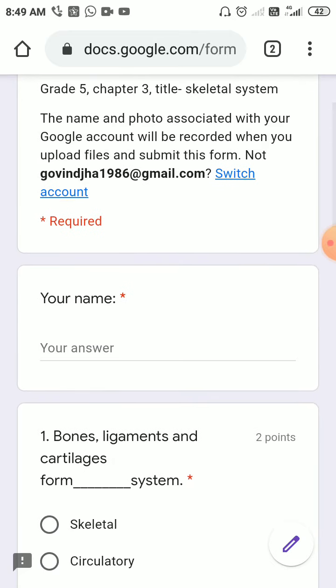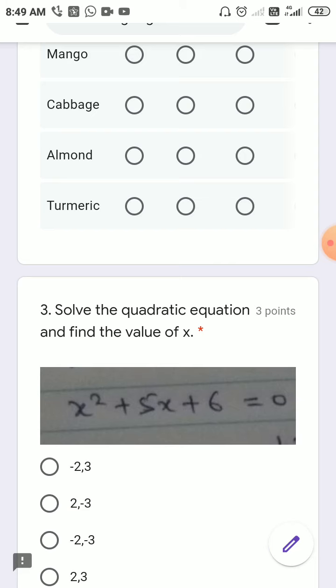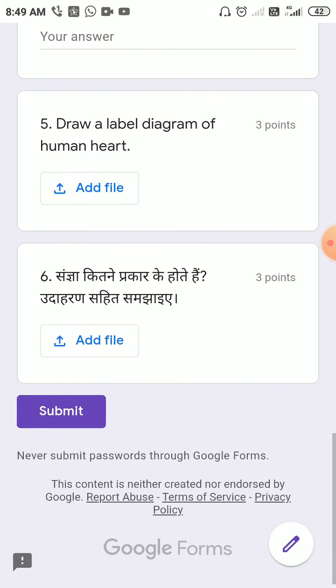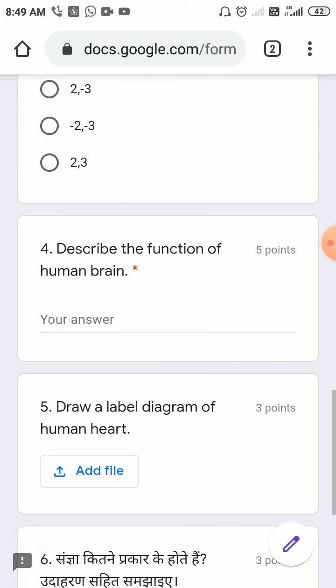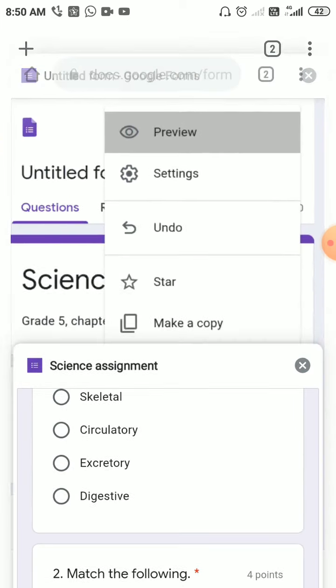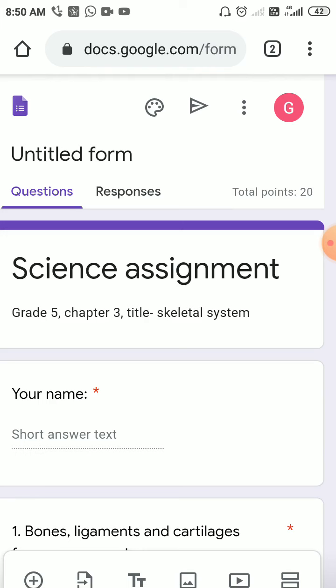You will see the preview of this question paper. Once this question paper goes to a child, when he clicks the link, he will get the questions like this, and then he will submit. So this is a preview of the paper. Now I want to go back to my paper or assignment. Okay, so this is my assignment. I want to send a link of this question paper to WhatsApp. For that there is a button beside these 3 dots. That arrow button, this triangle button, is the send button.